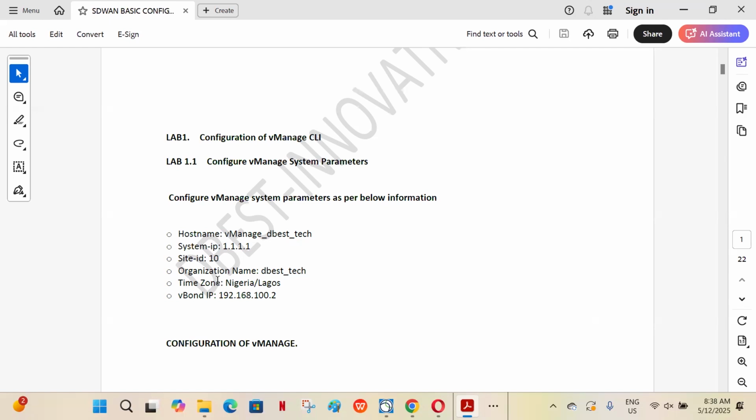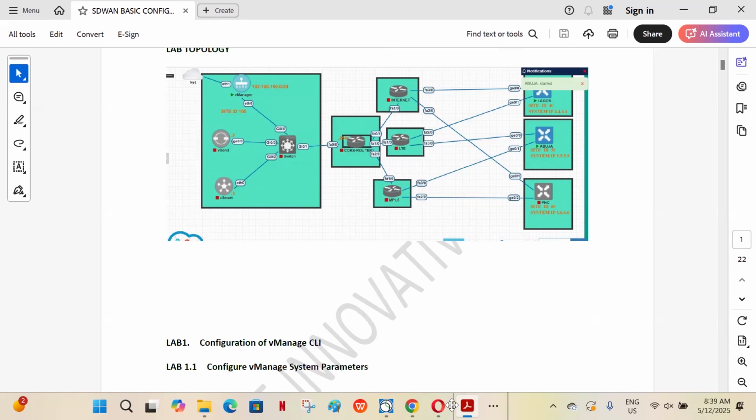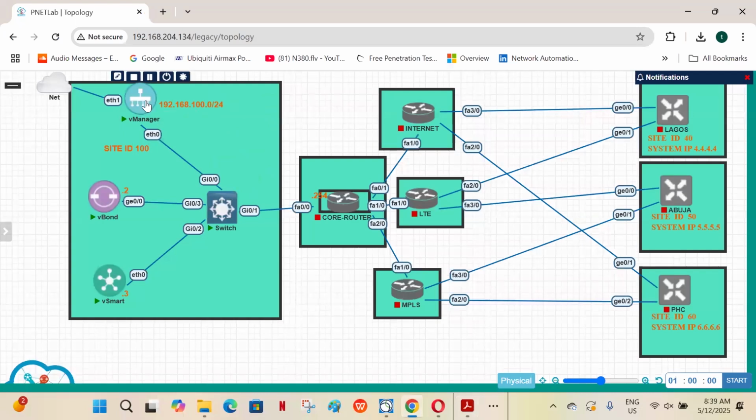And the time zone is Africa/Lagos. I will correct this, it's Africa/Lagos. Then the vBond IP is 192.168.100.2. Earlier I told you that the vBond is .2. So looking at the lab,